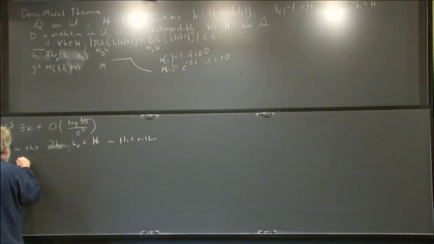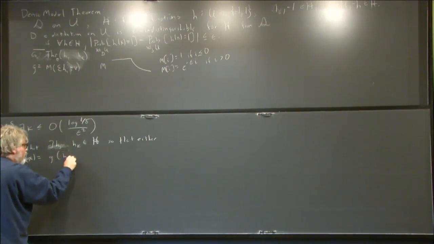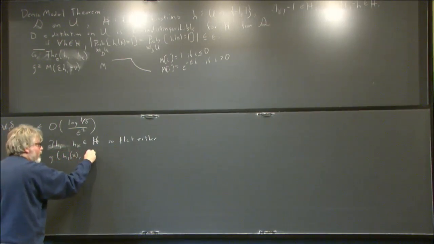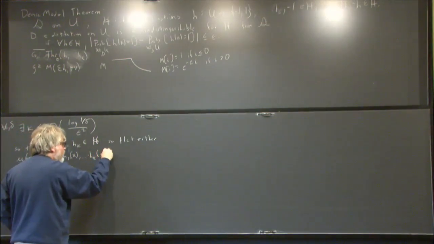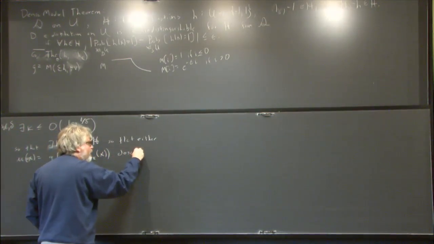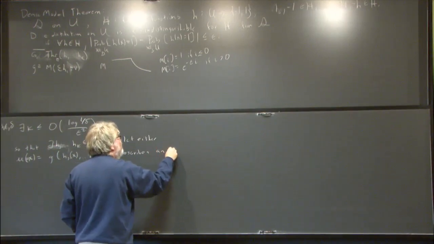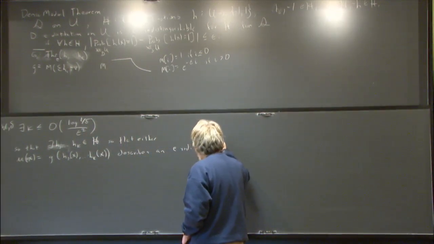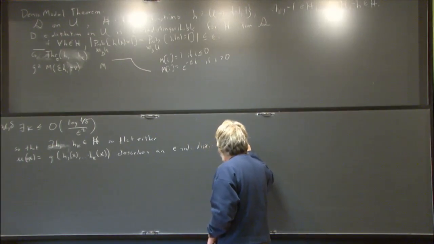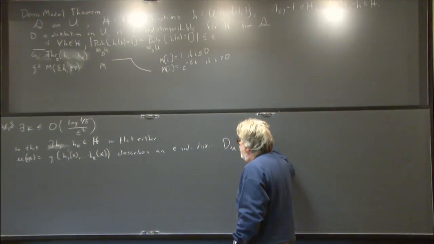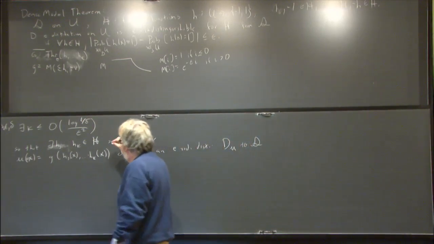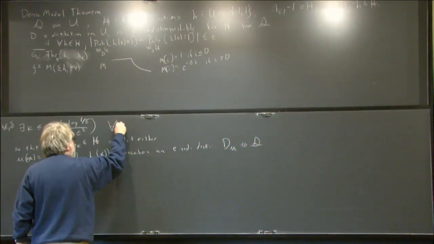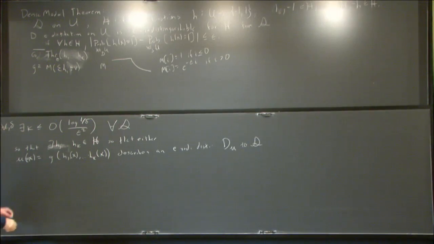either the function mu of x equals g of h1 of x through hk of x describes an epsilon indistinguishable distribution d sub mu to s. Okay, I should say so that for every s,